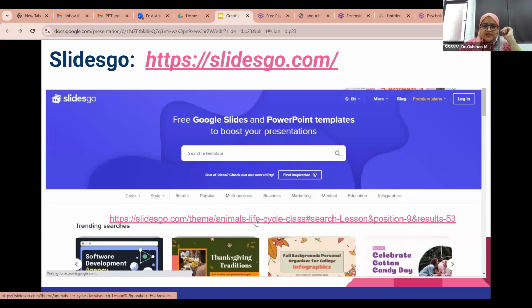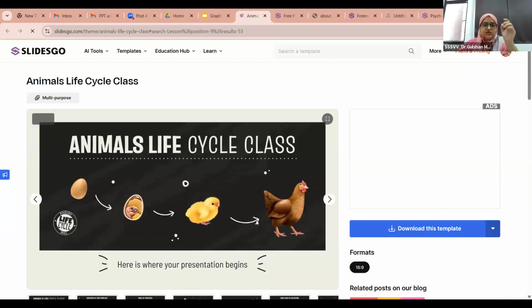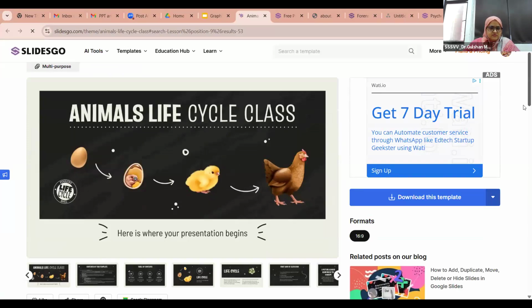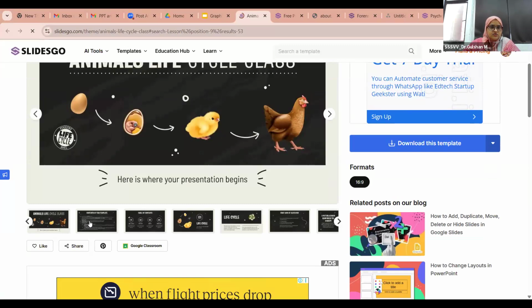So I have added a link of an e-content which I have found very interesting on the SlidesGo. I'm going to show it to you. This is the animal life cycle. And these are the slides, the total number of slides you can see here. I'm scrolling it for you.